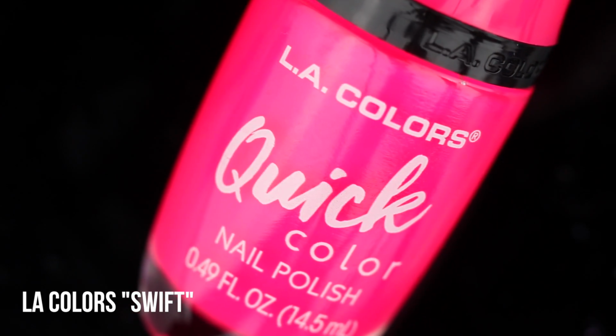Next up we have a drugstore option. This is Swift from LA Colors. It is a hot neon pink cream. It was part of their Quick Color line, which actually just recently came out, but I was really excited to see it because I love when drugstore, inexpensive brands do difficult formulas well, and I feel like they did